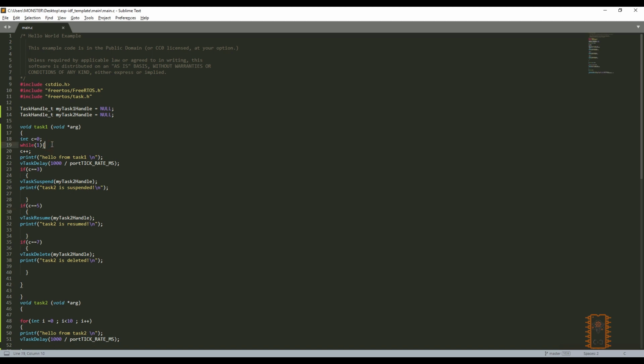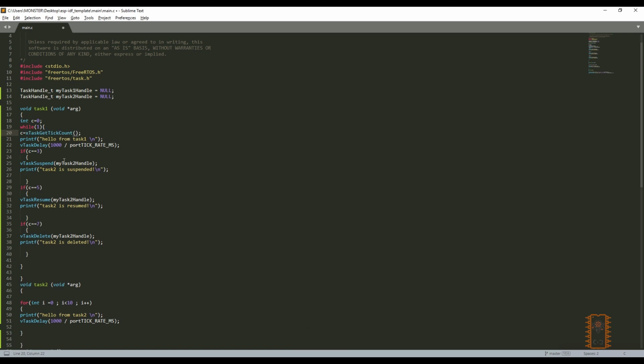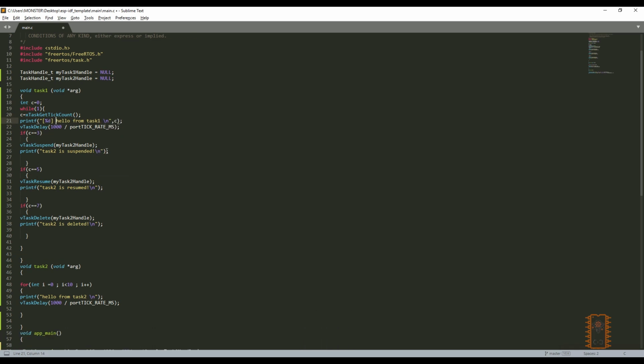Let's move on to an excellent function of FreeRTOS: xTaskGetTickCount. It's used to determine the time of the application. It gives us a number, and its value is 100 times a second. So let's say C equals it and change the if statements for this.